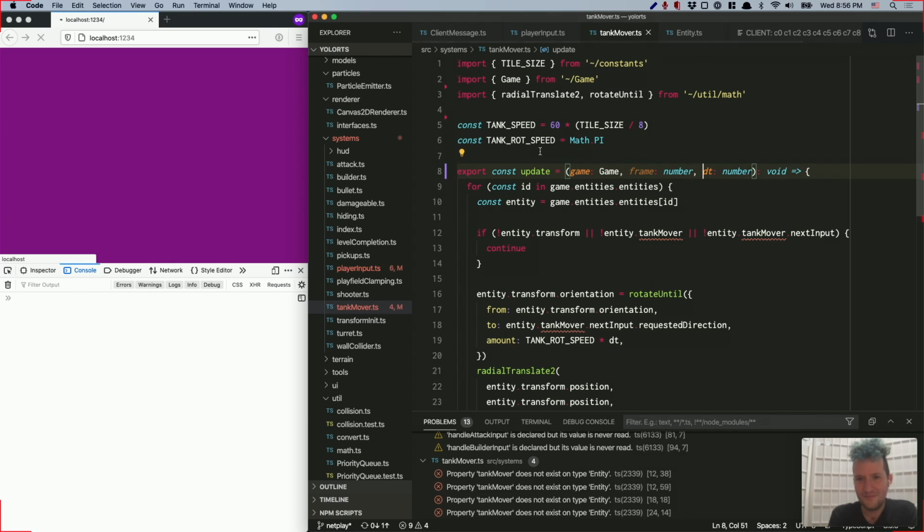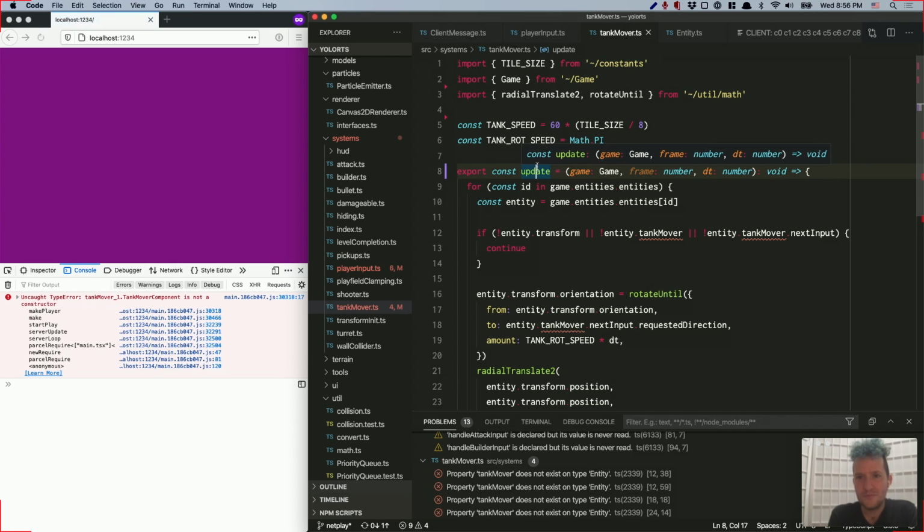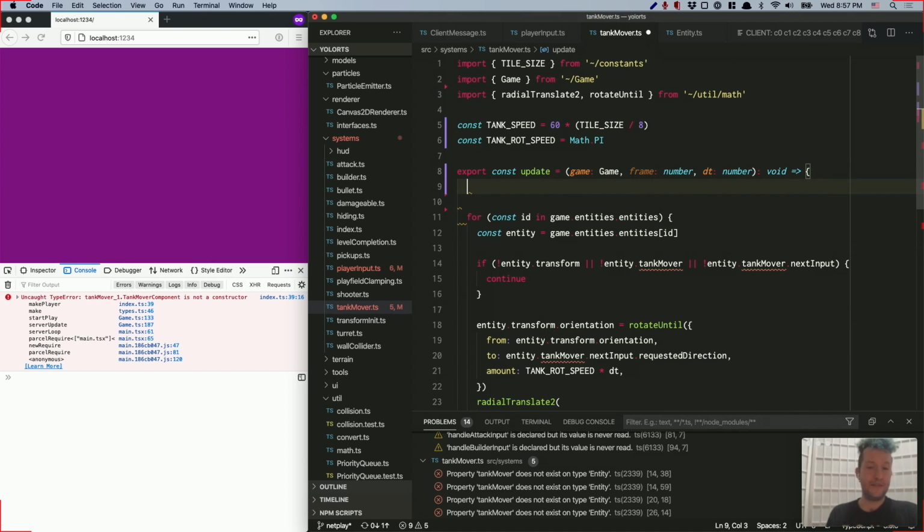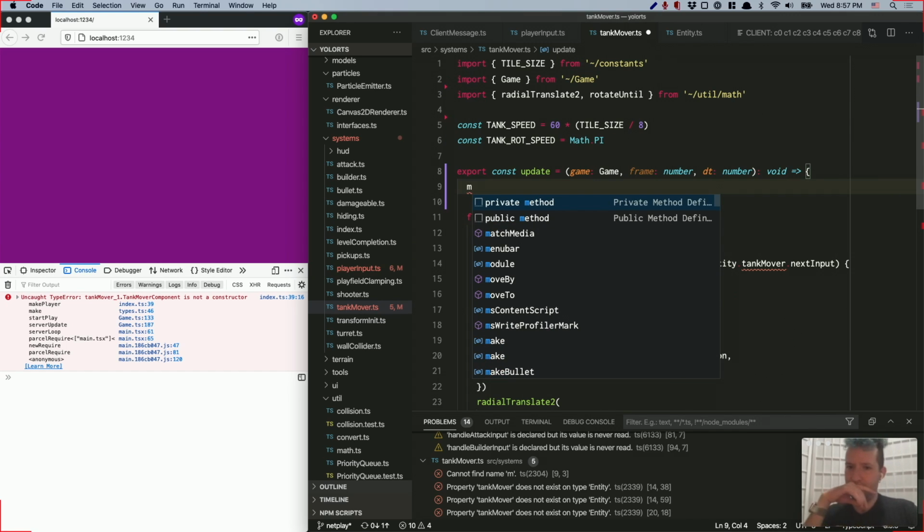Let's, for now, be super coarse-grained about it. Cool. Sounds good. We'll eventually pass the frame in there. And then what we'll do here is the tank mover shouldn't do anything unless it finds messages that you want, right? Yes. And then